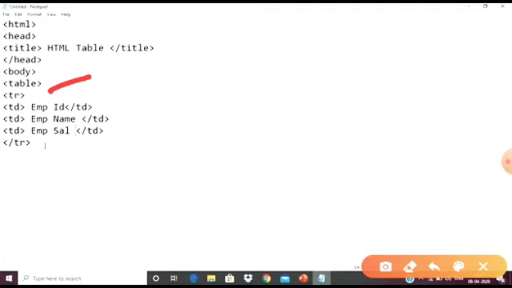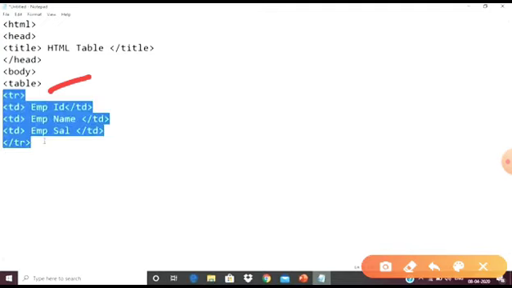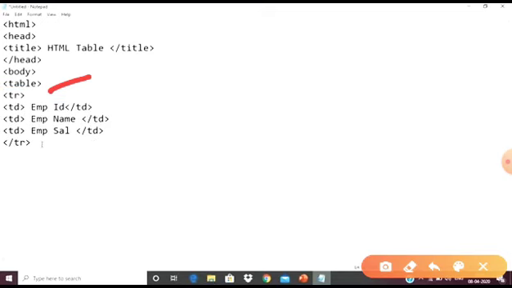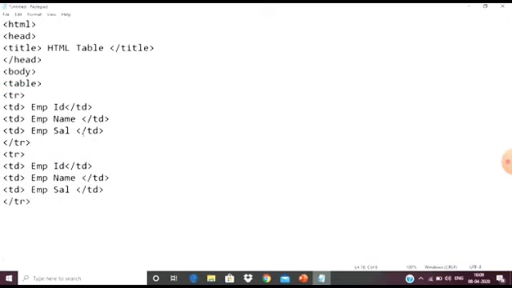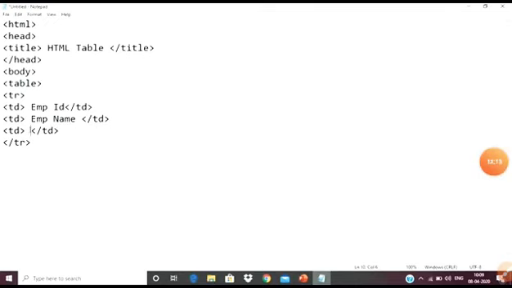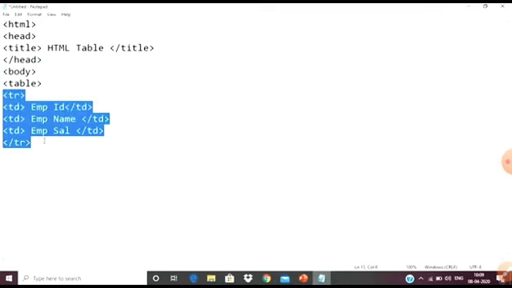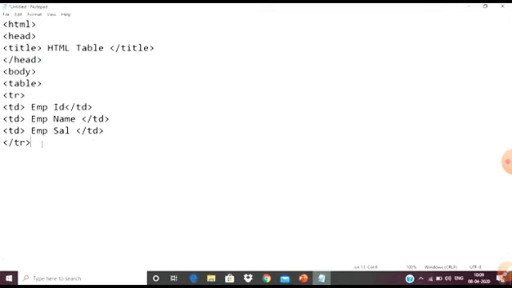We use 3 tr for the table. In the first tr we put the employee ID, then in the second td, the second column, the employee name, and in the third column the employee salary.